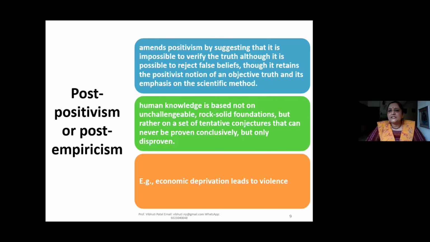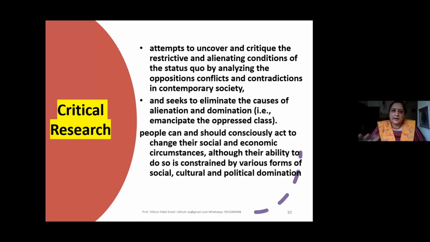So this kind of axiomatic understanding, it is not only the economic deprivation, but there are so many factors: cultural factors, history, what kind of role models you have. The consumerist society is more violent, because you constantly want to grab. Why do people who are educated, who are economically secure, from food secure families, commit crime? Because of the consumerism, they want to grab. So there are many other factors which are also responsible for violent behavior. It is not only economic deprivation.